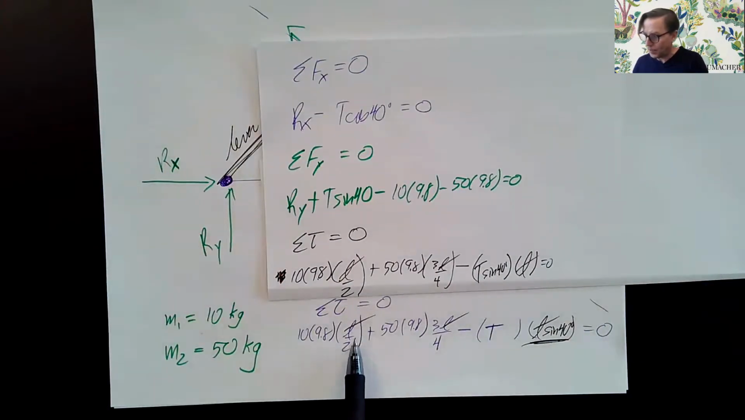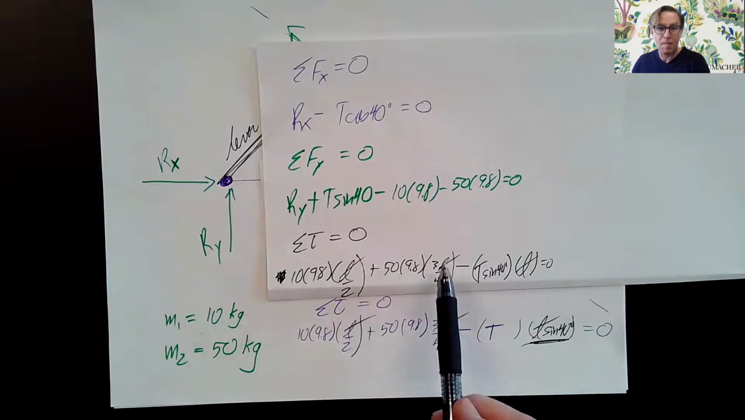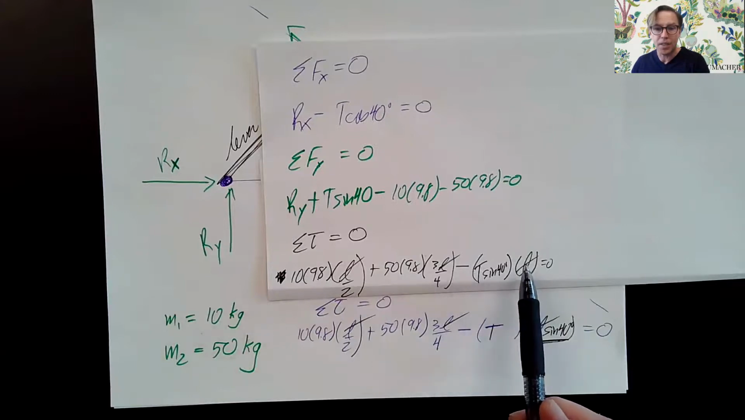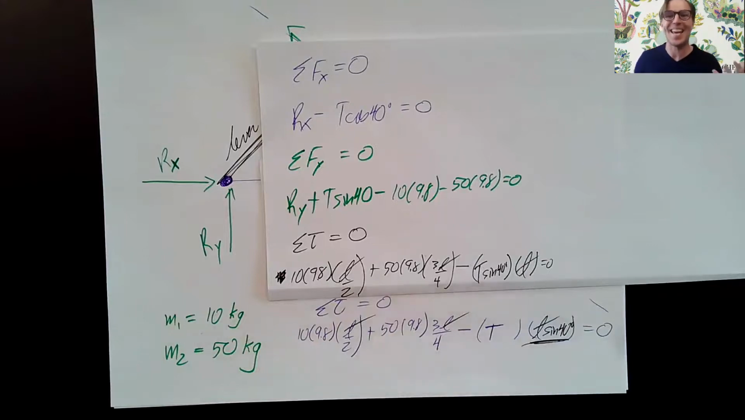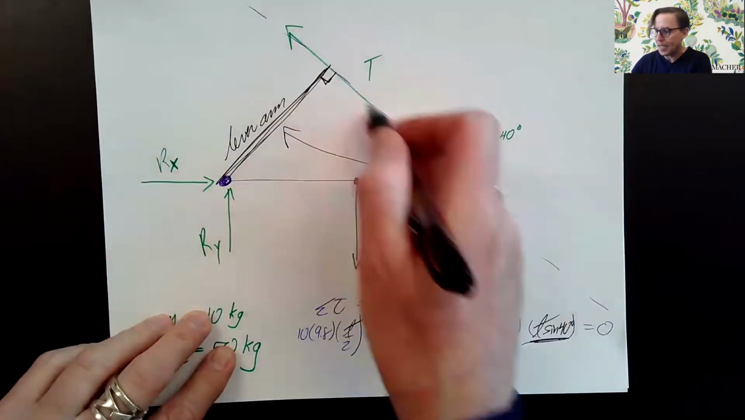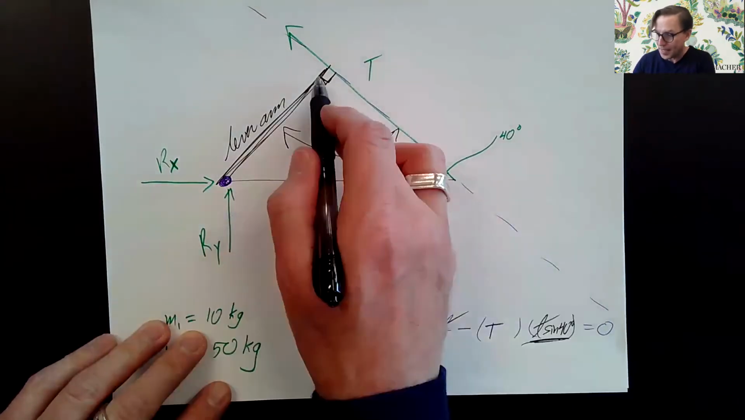10, 9.8, crossed out L over 2. 10, 9.8, crossed out L over 2. 50, 9.8, 3, crossed out L over 4. 50, 9.8, 3, crossed out L over 4, minus, now the previous equation said T sine 40 times crossed out L. And this says T times crossed out L times sine 40. Is T sine 40 L and TL sine 40, are they the same thing? Yes, they are. So it doesn't matter if I break T into components or if I break this distance into